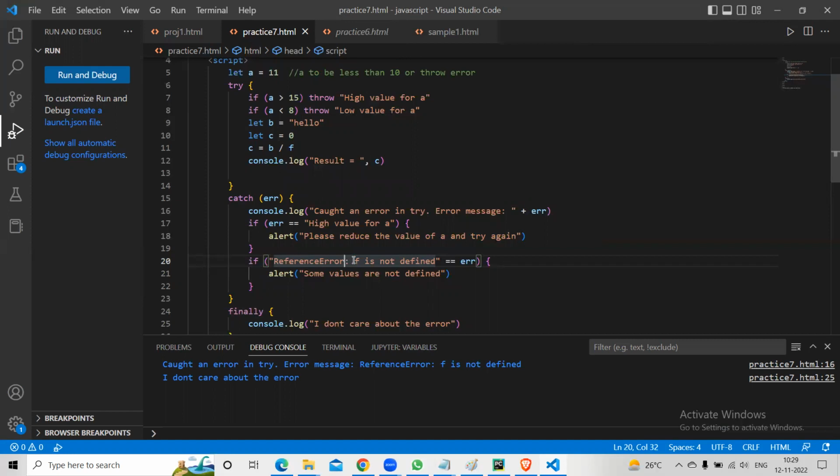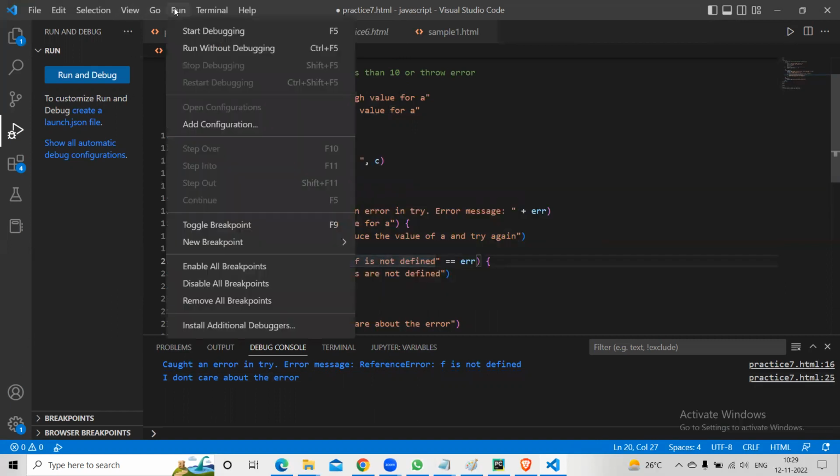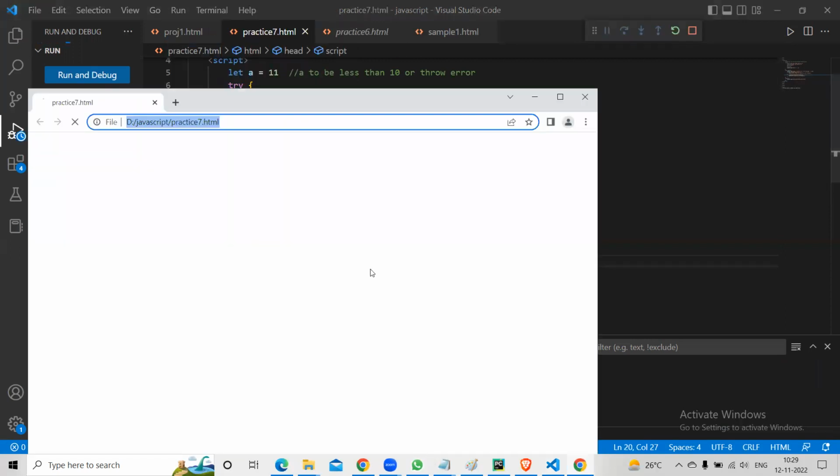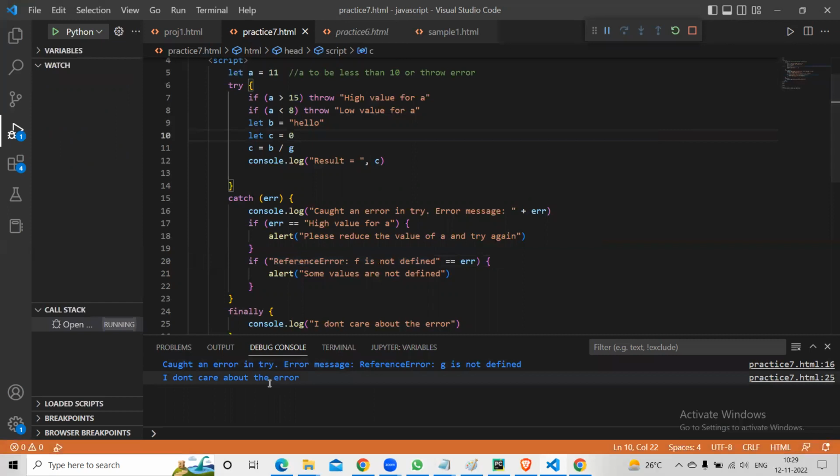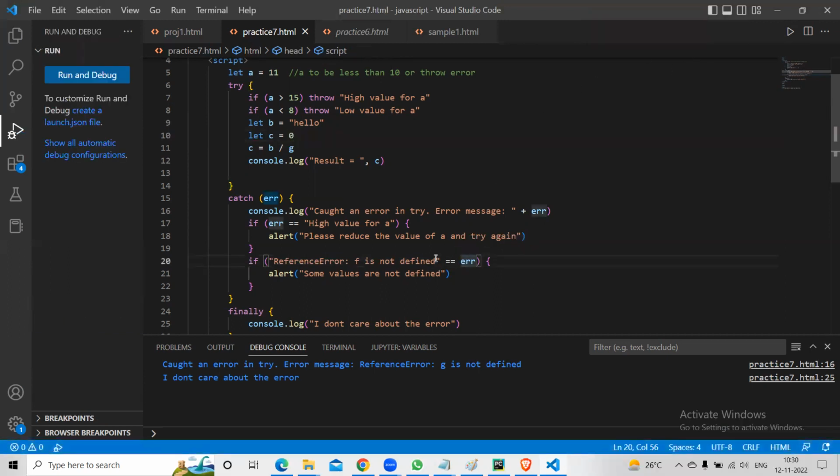If you know F is not defined, then you can get the entire thing, which is fine. But if, let's say, instead of F it is G, then this will be false, right? This will not be able to catch it, because I'm comparing exactly "F is not defined". So this will not get caught here. Your error has this complete text, "G is not defined." So instead of reading this entire error, I will read this much,